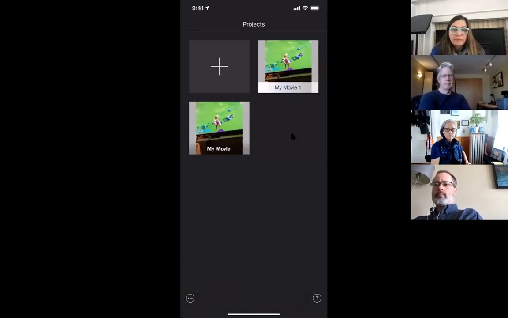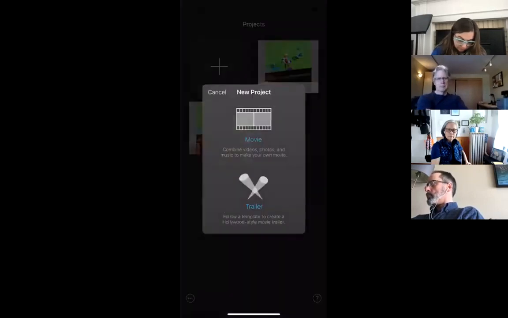The difference here is obviously you don't import media because it's already on your device, and with the way iPhones work, everything is sort of cohesive, so you don't have to import stuff. But in either case, you're going to tap the plus button and you'll be presented with either a movie or a trailer. Like it says, the trailer is a sort of Hollywood style movie trailer.